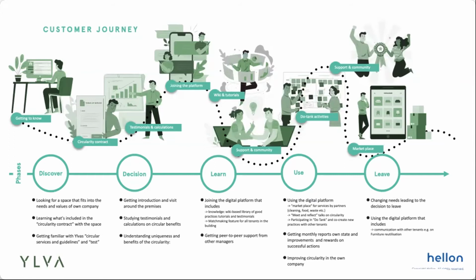Then when the customer decides to use the service, they join a digital platform that has a library of good practices shared by other tenants of the service or created by Ylva, on how they can start utilizing circularity as part of the operations of the premises, and also getting peer-to-peer support from other managers. Then when they start using the service, in the digital platform, for example, there's a marketplace where they can source office materials from other tenants in Ylva's premises. They get monthly reports on their own state and improvements. They can get rewards for successful actions for reducing their carbon footprint,